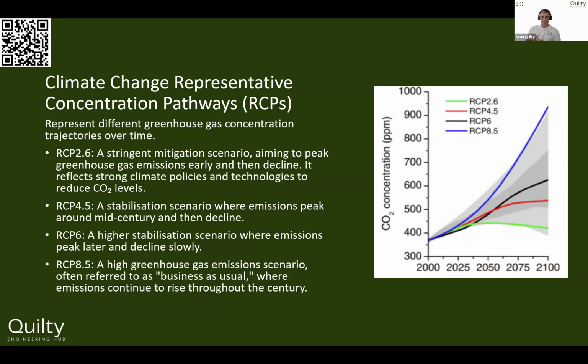Until we look at RCP 8.5, for example, the worst case. Now, this is business as usual. We don't change anything. We continue doing what we have been doing the last 10 to 20 years. And you can see that just skyrockets. We just increase the greenhouse gases by a stupid amount. So with each of those paths, we've got 4 different scenarios played out.